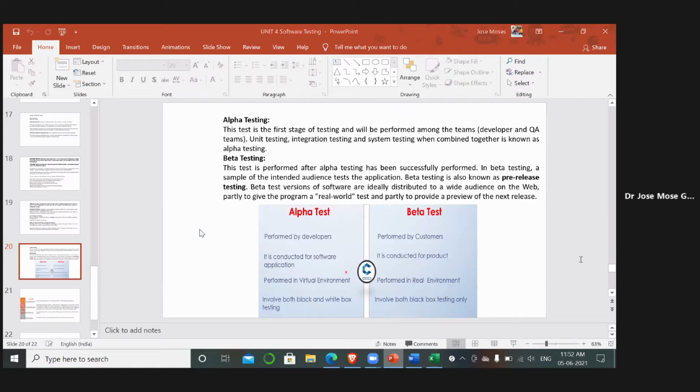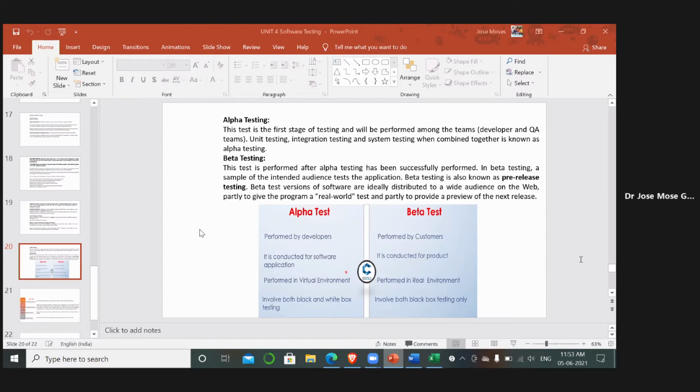Before that only. For suppose there are some versions like, there is the MI company, there is Samsung, there is Apple. Before the release of the product, before it comes into the real-time market, some users get selected who will receive those phones or software, where they will just check whether all the buttons are working, whether all the icons are working, whether all the things displayed on the phone are working as per the expectations.